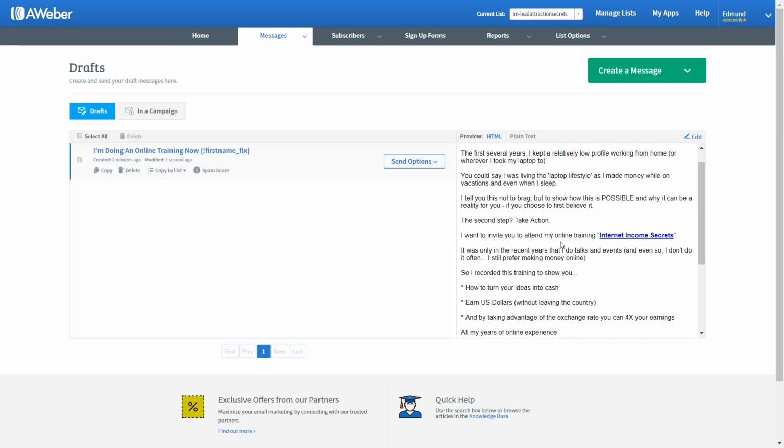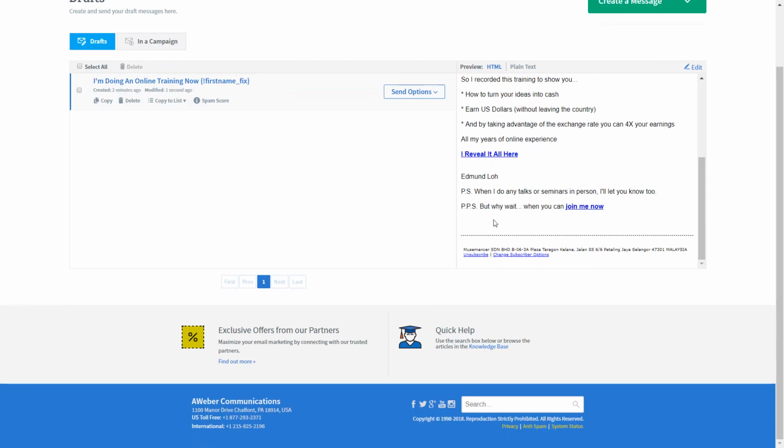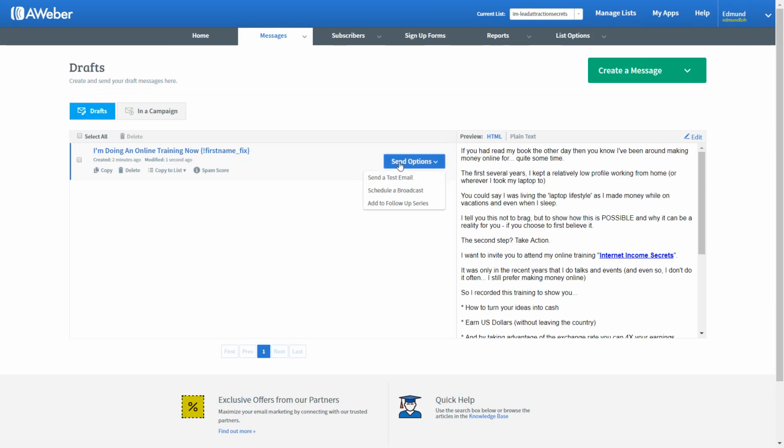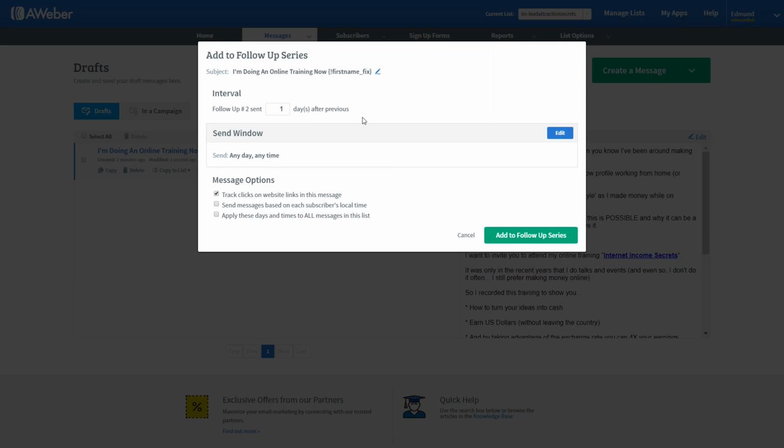And let's review the email again. That's what I do. And as you can see, this is what the email looks like when you put it out with the can spam footer at the bottom. Click on send options and click on add to follow-up series. So you notice that this time the options are a little bit different than what you saw previously. You see that the interval is now here. You can choose to add it any day after the previous. So normally I like to have it 1 day after because you don't want to lose your subscribers' attention. It's better to send it the next day. And if you're going to have a 7-day series, for example, you want to send them on a daily basis